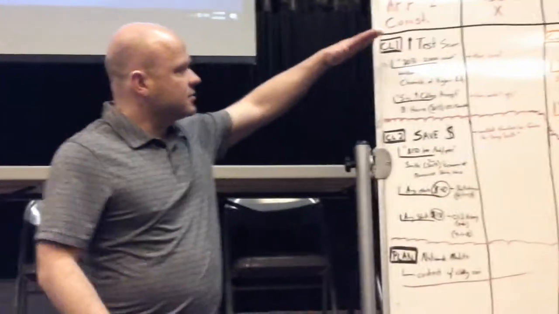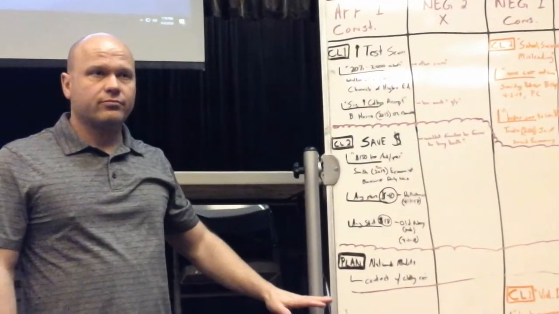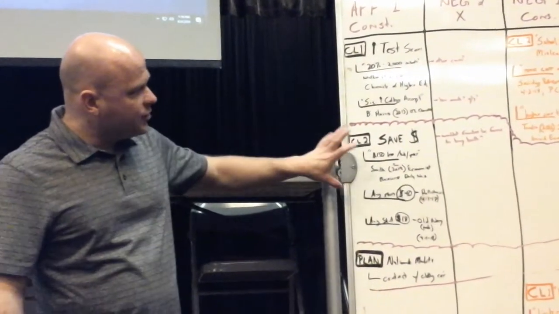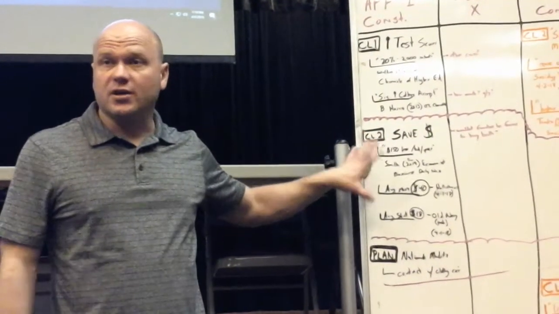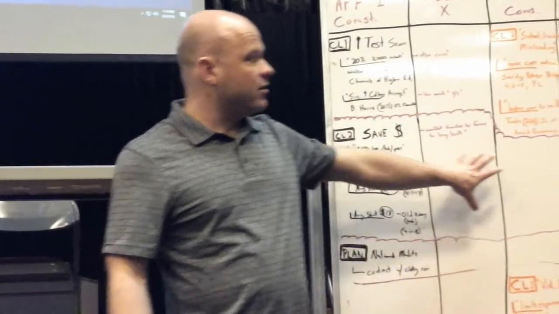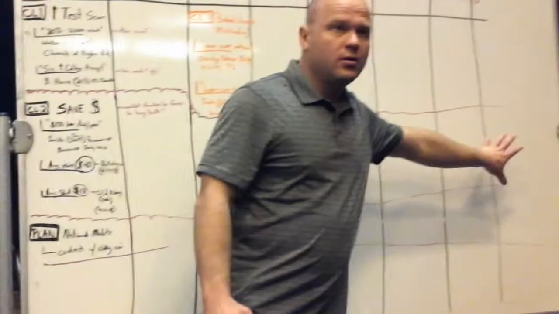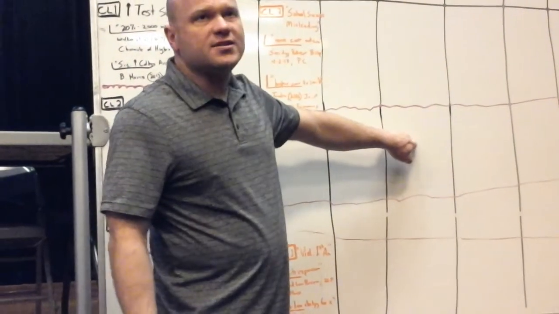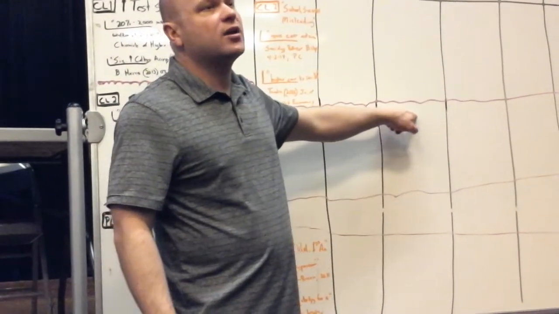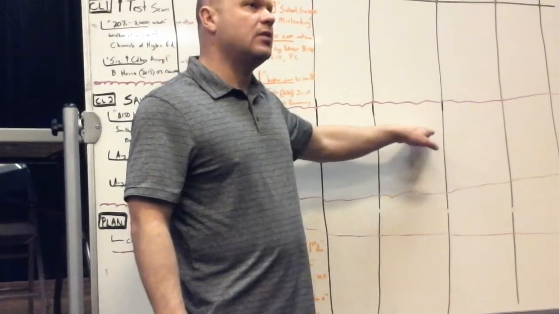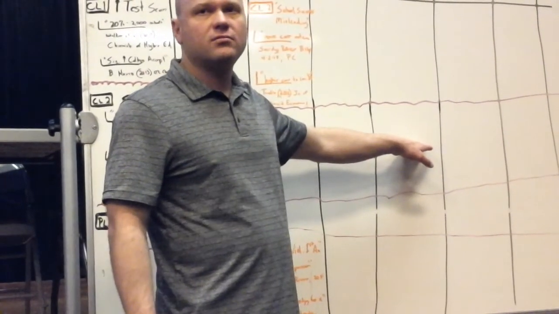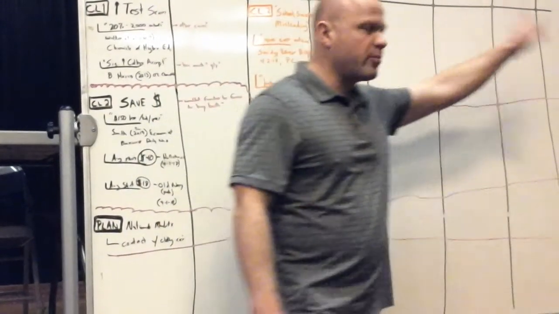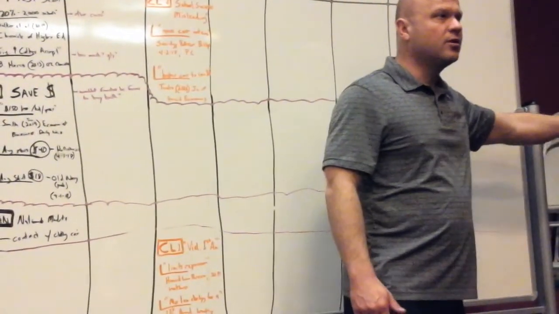So there is some top-down, right? But more importantly is understanding that anything about saving money or costing money is going to exist somewhere in this row. You might put it way over here because the second affirmative speech might come back and bring another example and maybe more evidence, and that would be written way out here whenever they do it. And then we'd ask a question about it maybe. If you keep going, rebuttals are on here too, but they're just not on my example. And if you want to